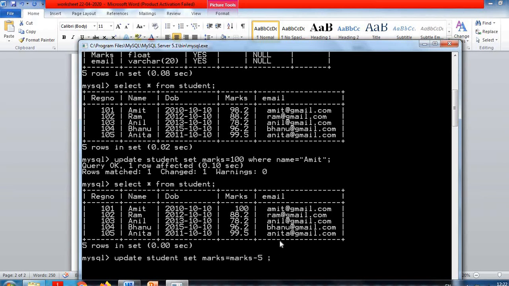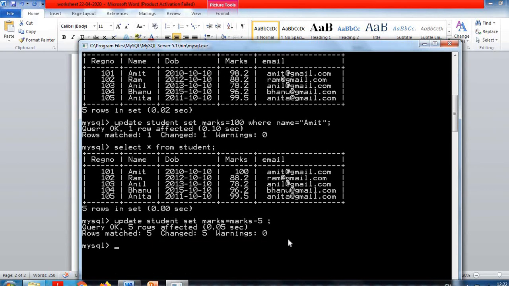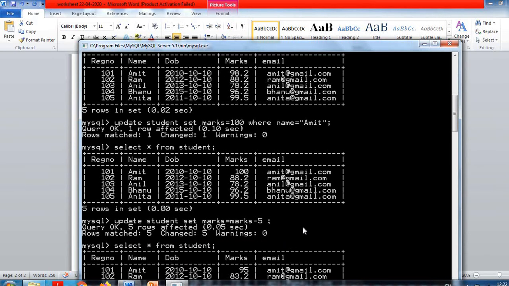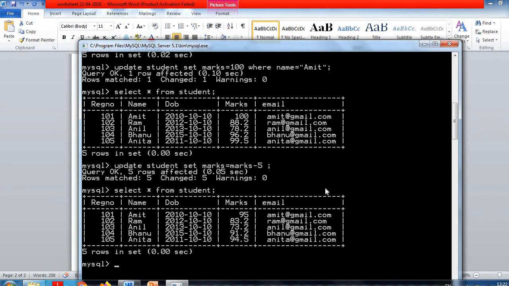It will deduct 5 marks from each record in this table, and now you can see the result. All the marks are deducted.